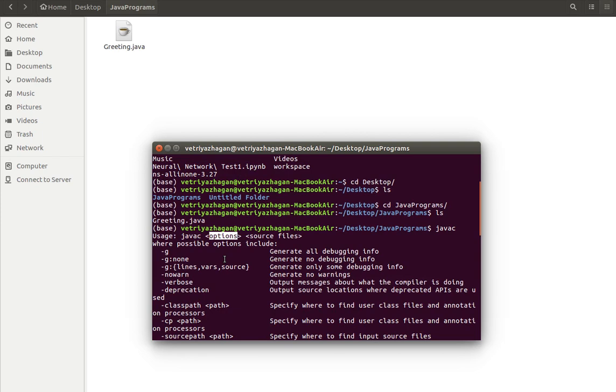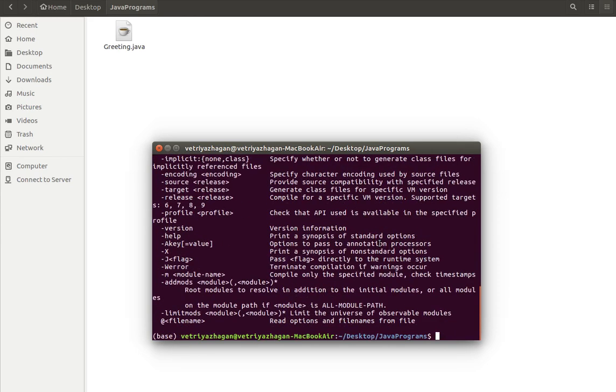If you type javac and hit enter, and it gives you a message saying command not found, then you will have to install the JDK. Java comes with the JDK, Java Development Kit, and the Java Runtime Environment. If you install it on a Windows machine, you will see two folders, JDK and JRE, two different folders. Now your machine is ready to compile the program.